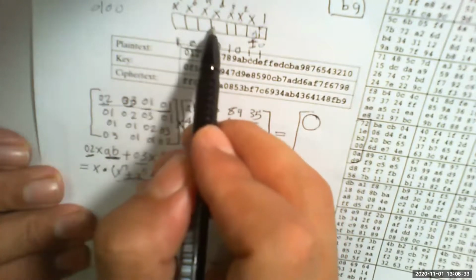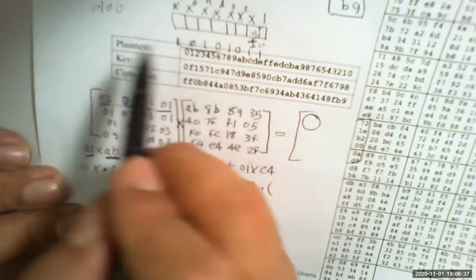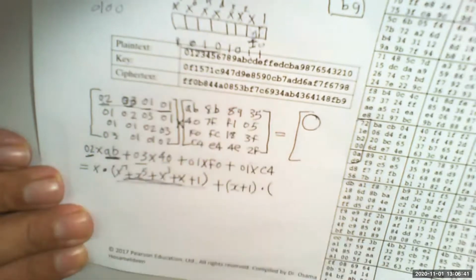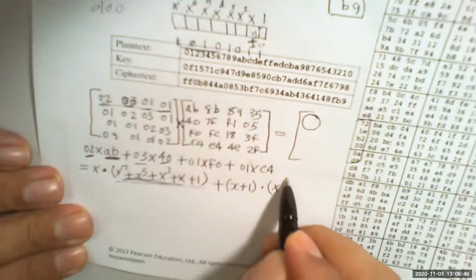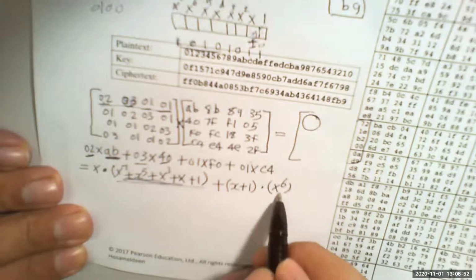So 0 0, this is 1, this is 2, this is 4. 0010. This is x6. So it is only x6. So x plus 1 multiplied by x to the power 6 plus,